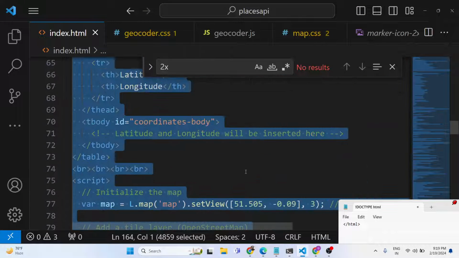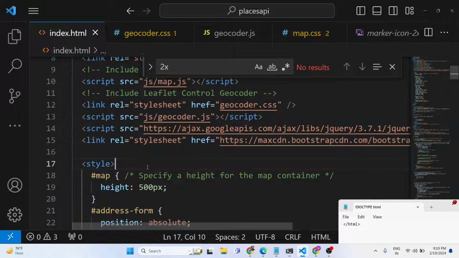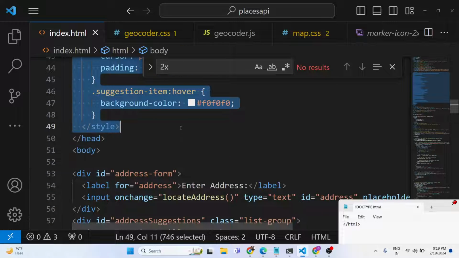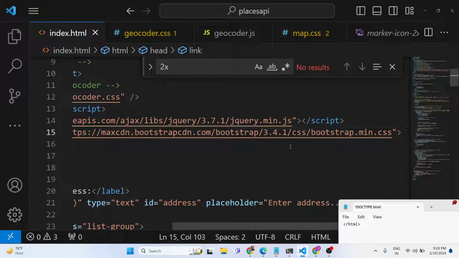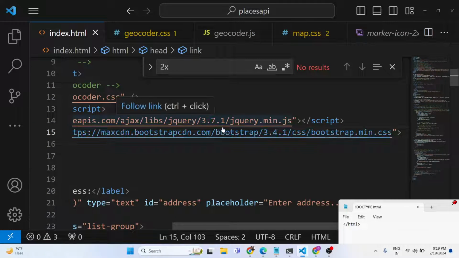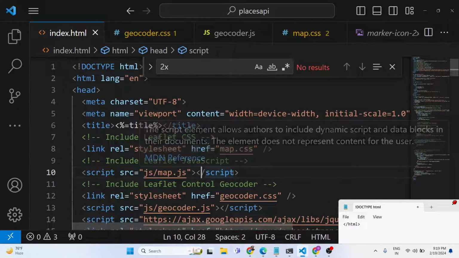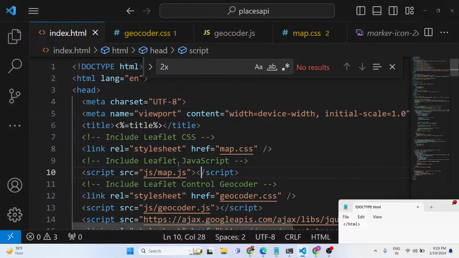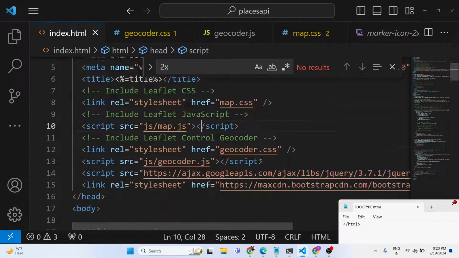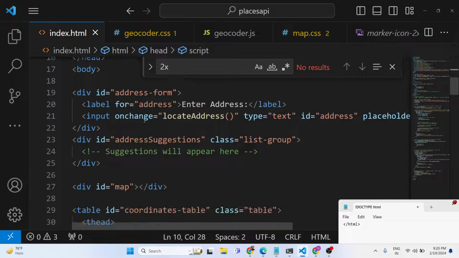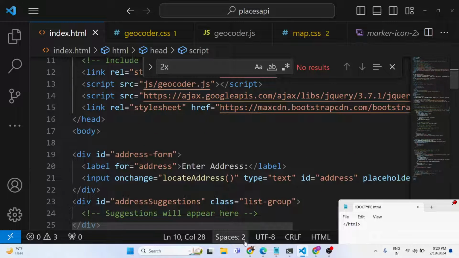So first of all guys, I will include all the CDNs which are there. These CDNs you will get after you purchase the source code, and I already included them. We are using Bootstrap for making the user interface of the application. We are also using jQuery as well. These two libraries we are using, and then you can see we are including the base library that I included, which is map.css, map.js, and geocoder CSS.js. So these libraries we are including, and we are basically using